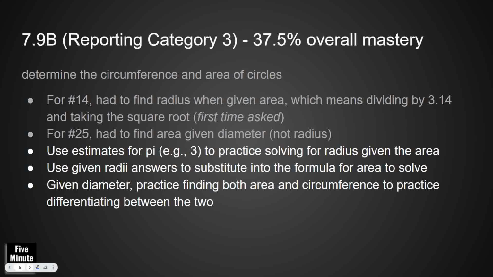All right, so for number 14, they had to find the radius when given the area, which means dividing by 3.14 and taking the square root. This is the first time for this particular standard, 7.9b, they've given us the area and asked us to find the radius. Typically, they'll give you the radius, you have to find the area, or like we saw on number 25, they'll give you the diameter. You still have to find the area, which means you have to cut the diameter in half. It's the first time this has been asked, so that